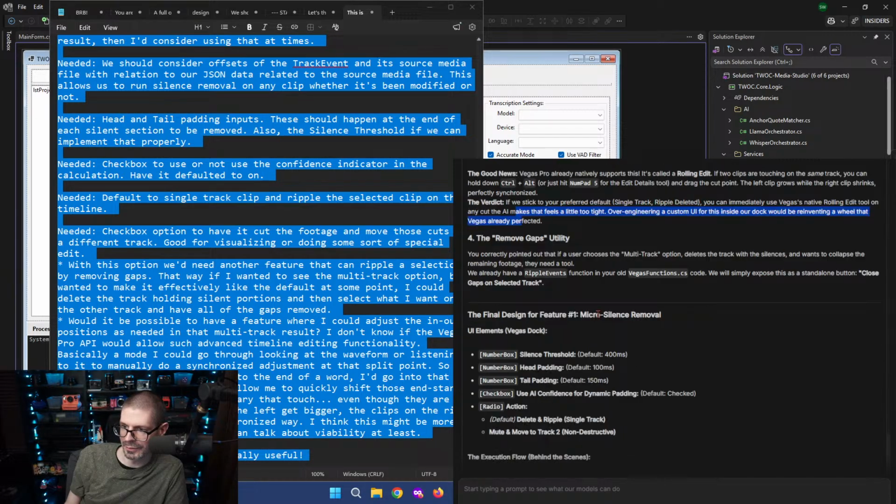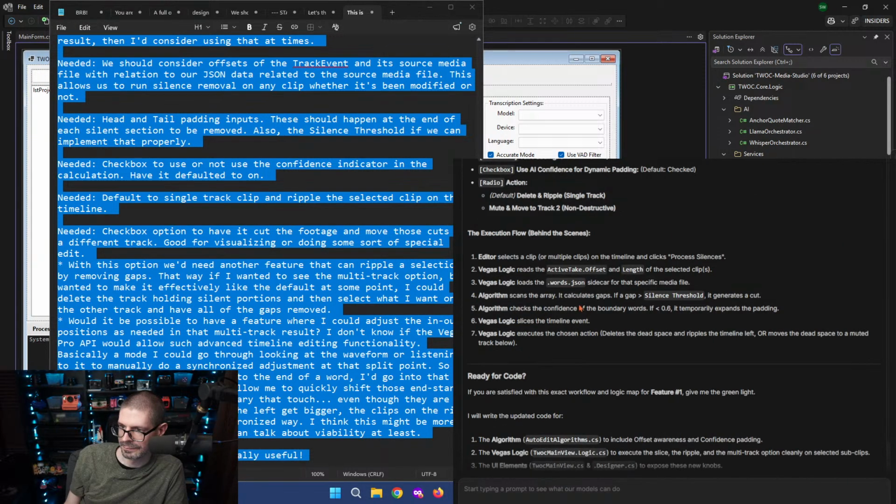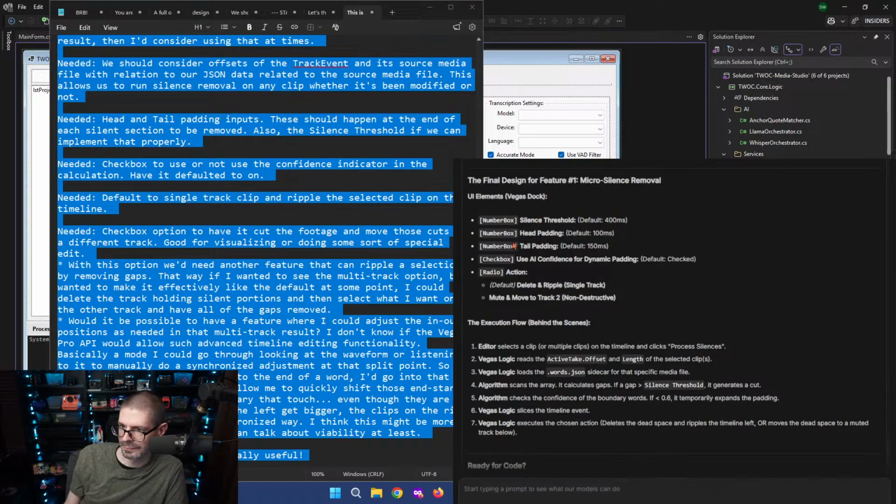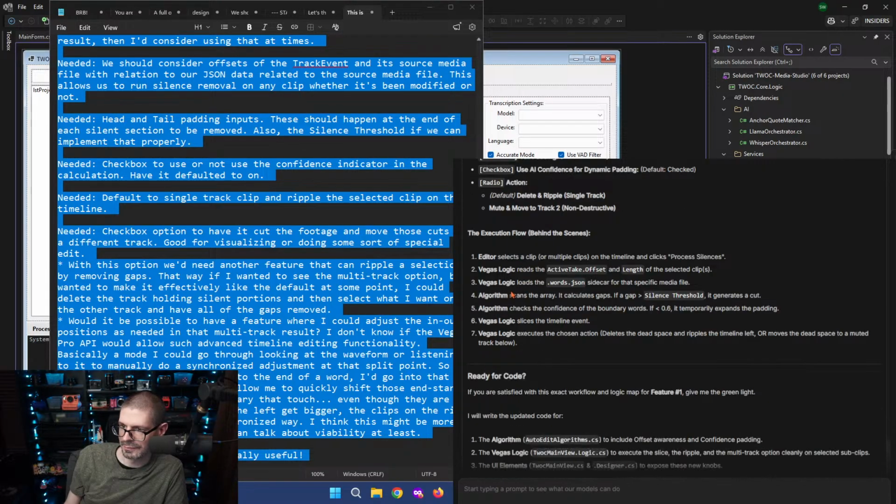Yeah, reinventing the wheel. The remove gaps utility. Your old Vegas code simply exposes close gaps. Yeah, this looks good.